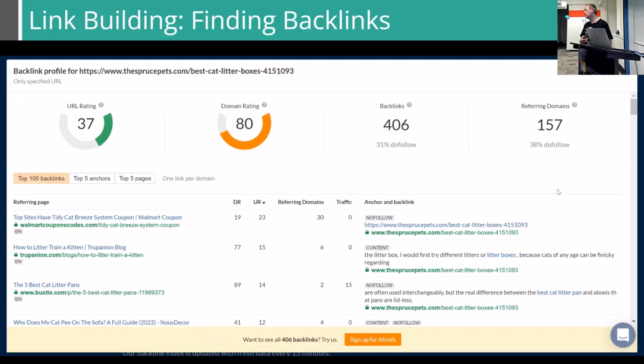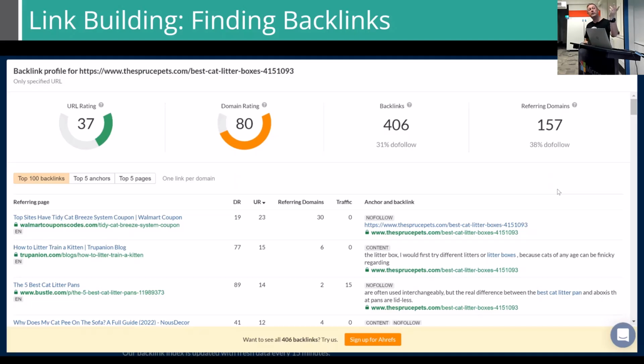Any questions on backlinks? The do follow and no follow. Yeah. Which is better? Do follow is better. Yeah, follow. Social shares are generally no follows, but Google understands that. So when you're sharing stuff out, they're looking at the amount of shareability, not the actual shared link at all.